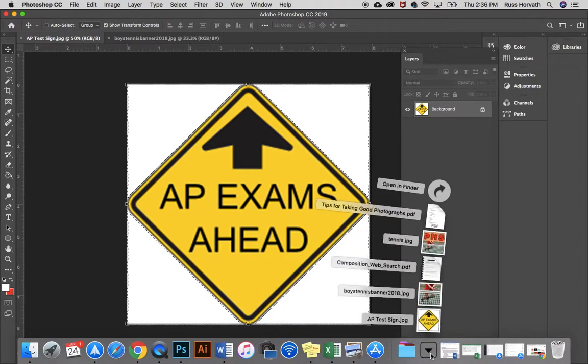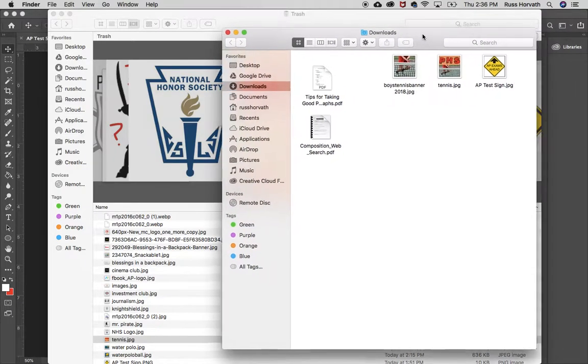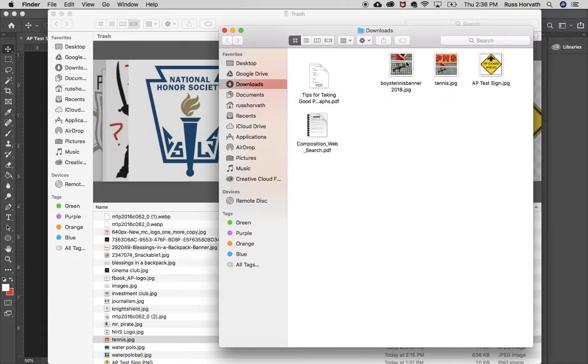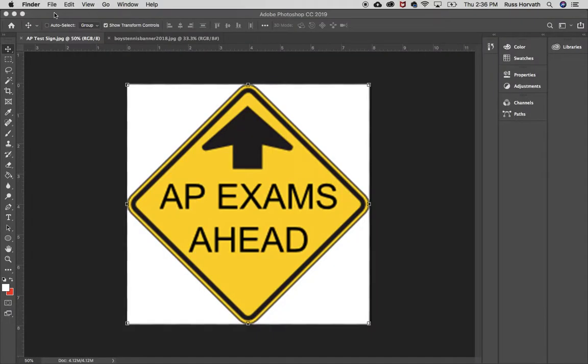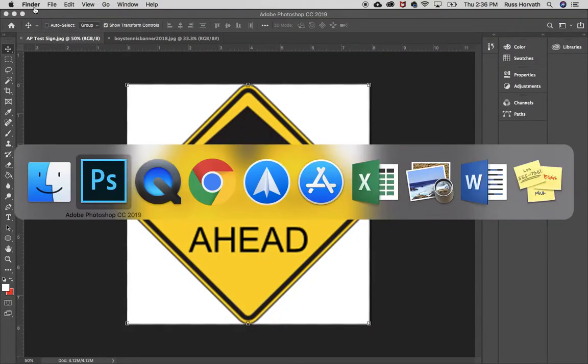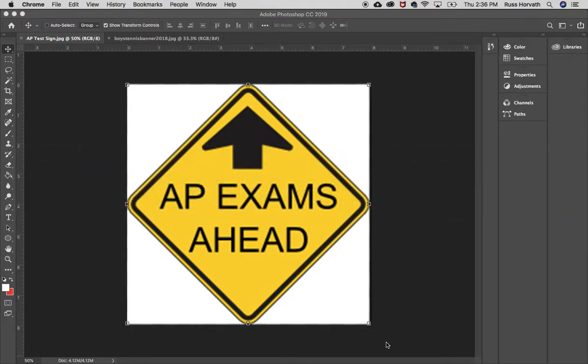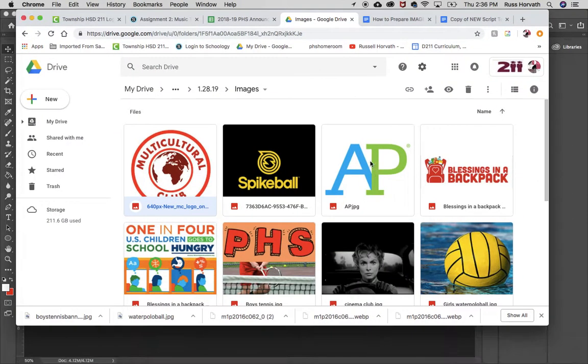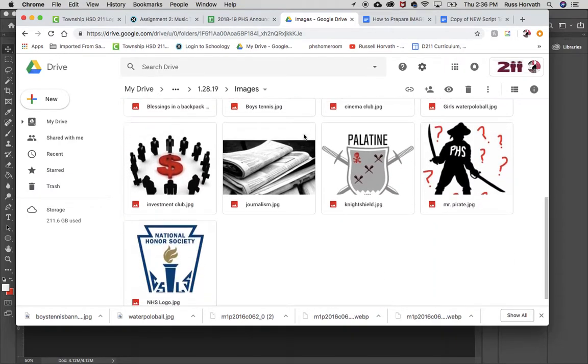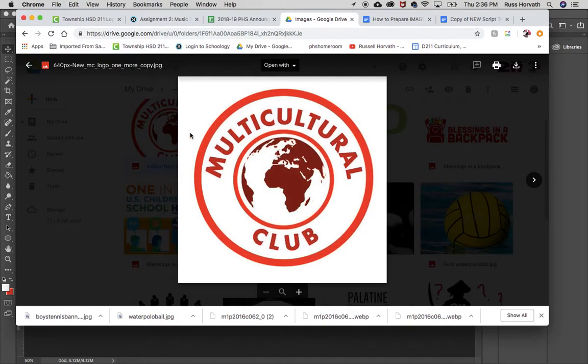So that's all you're going to do. You're going to collect all of your images here in the Downloads folder. Then once you're done with Photoshop, you're going to take these images here that you've created, and you're going to drop them all into that particular folder here, into our proper folder here. So if I look, oops, where are you? Here you are. In this images folder here, I can see that all these pictures are now the proper size,